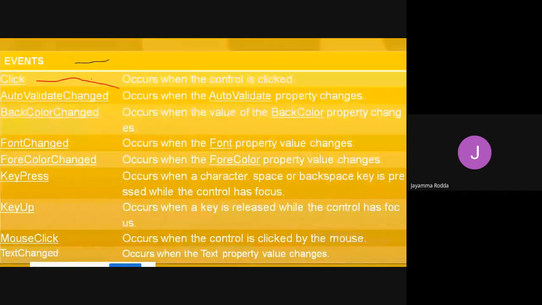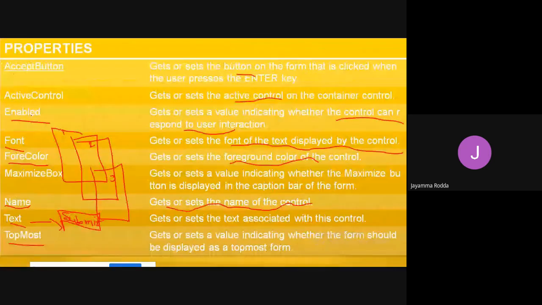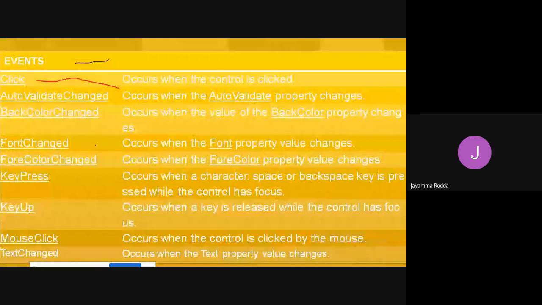Button enabled yes, button enabled set to no. So that auto validation will be applied, and whether auto validation has changed or not will be checked with this. Next, back color changed. Whenever I try to change the back color of the particular control, whether that took place or not will be checked by this event, back color changed.